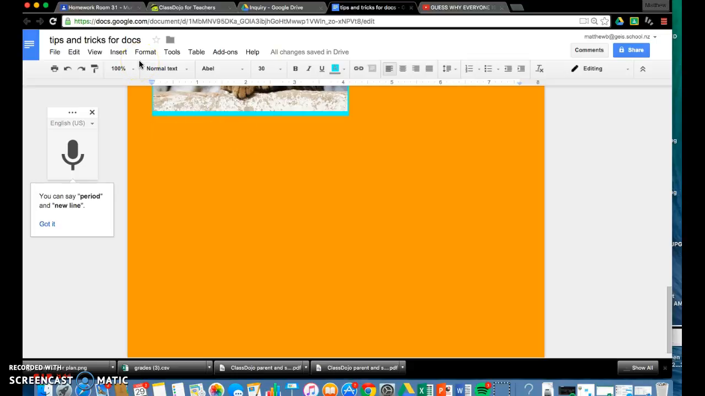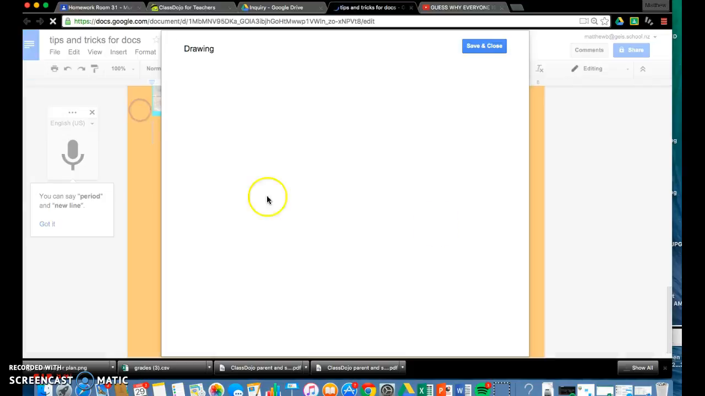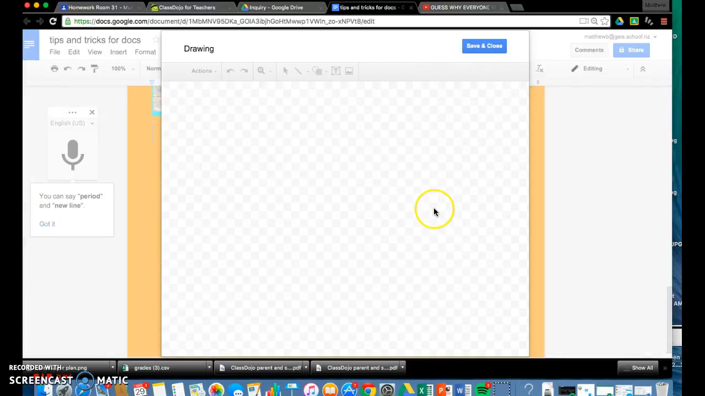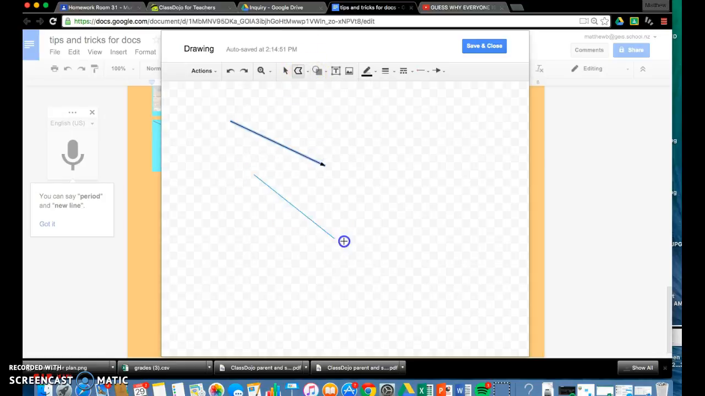Another quite a cool feature in Google Docs is inserting a drawing. So not many people know about this one. So insert drawing. So this is good for flowcharts and anytime that you've got maths, anytime you've got to do a bit of drawing. So you can insert arrows, shapes,